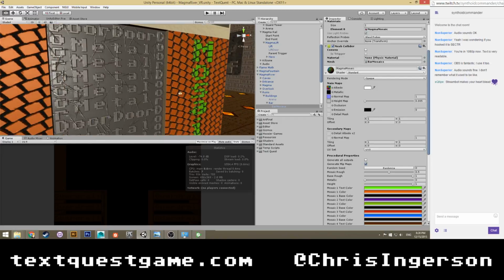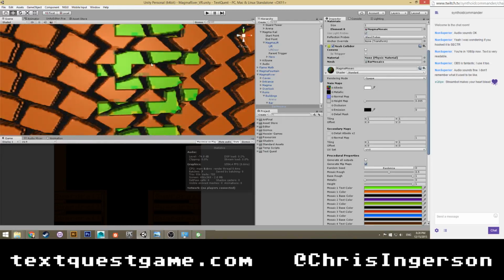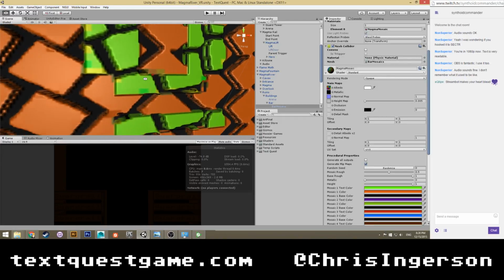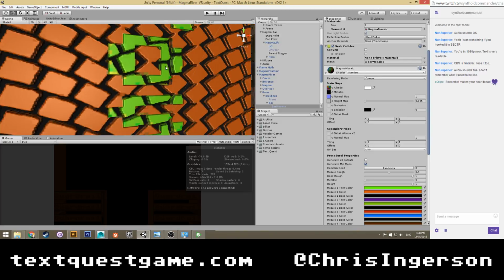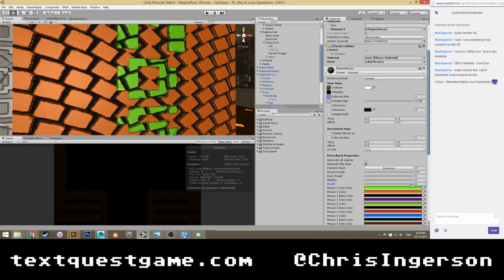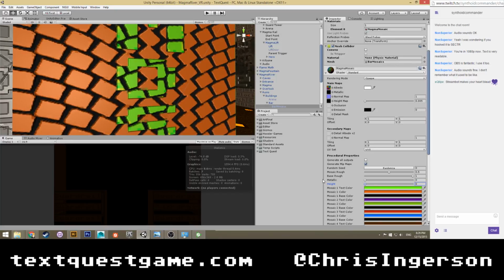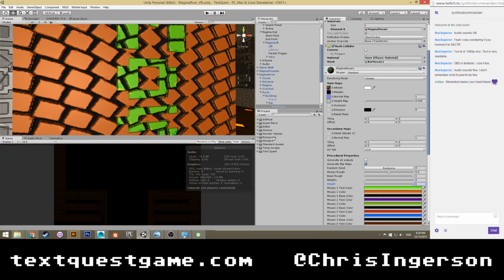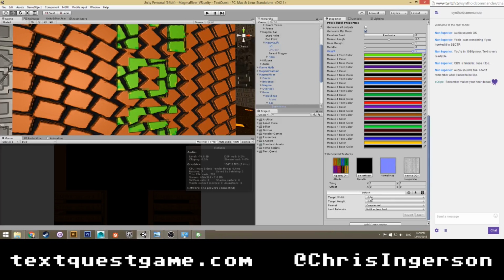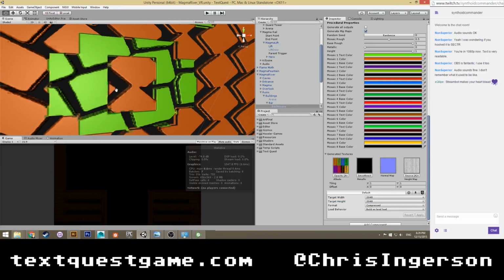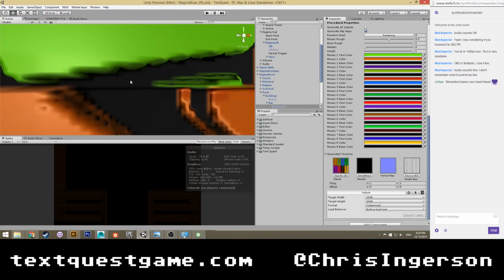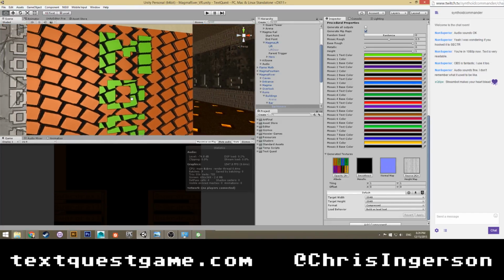I do wonder if that's what's causing some of these artifacts. So you can see that we're getting some sort of like pixel discoloration here. And I don't know if that's... here, let me turn this down to 0. No? I think that's just something with Substance, honestly. It's very strange. So if I like turn this up to 2048, will that get rid of it? Not really. So I guess Substance just inherently, when it's calculating these textures, there's something wrong with it. It could be the way that it's trying to store the textures. I don't know. I'll have to look into it.